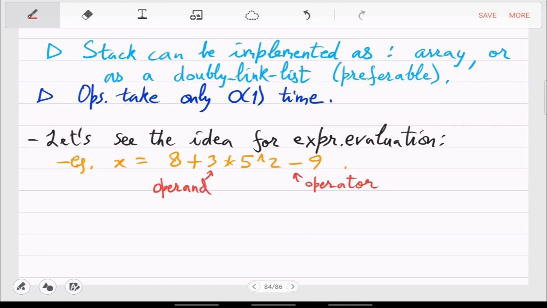Okay, so you have operands in the array and you have operators. This is given properly in the input. Now the program that you have to write should calculate the value of x. Is the setting clear? Is it clear what the precedences are? What is the precedence rule here? What should be evaluated first and then next and so on? Because this order can be important, right? Should 3 times 5 be done first, or 5 square be done first?